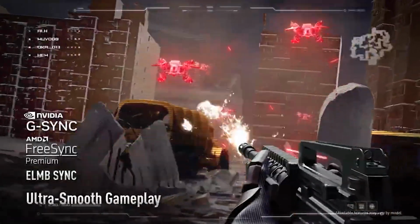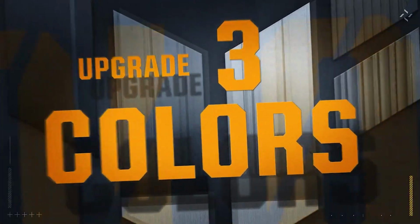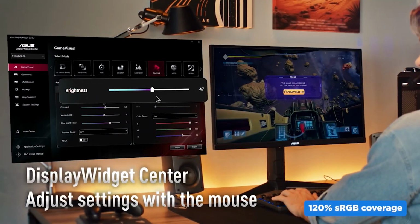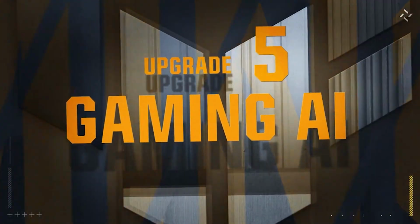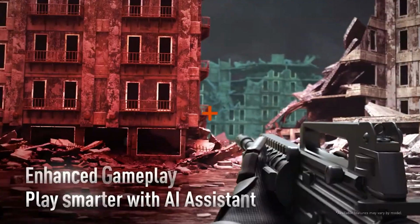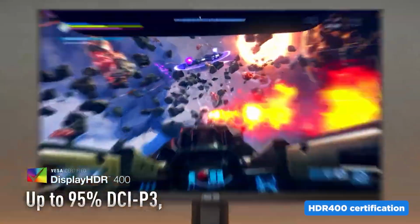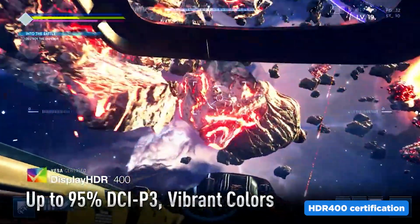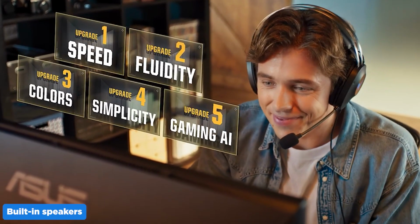The VA panel delivers deep blacks and excellent contrast ratios, making it great for media consumption during breaks or presentations with dark content. That 120% sRGB coverage means colors are more vibrant than standard office monitors, though it's tuned for gaming rather than professional accuracy. The HDR400 certification adds punch to compatible content, and those built-in speakers actually sound decent enough to eliminate the need